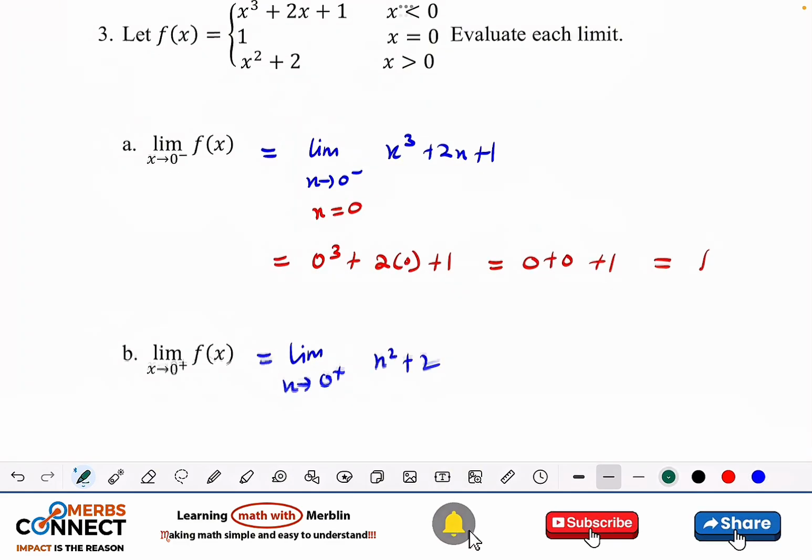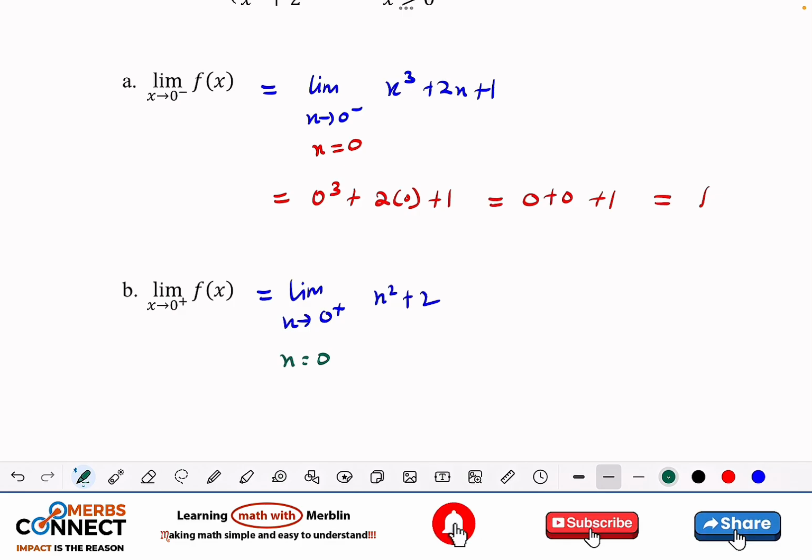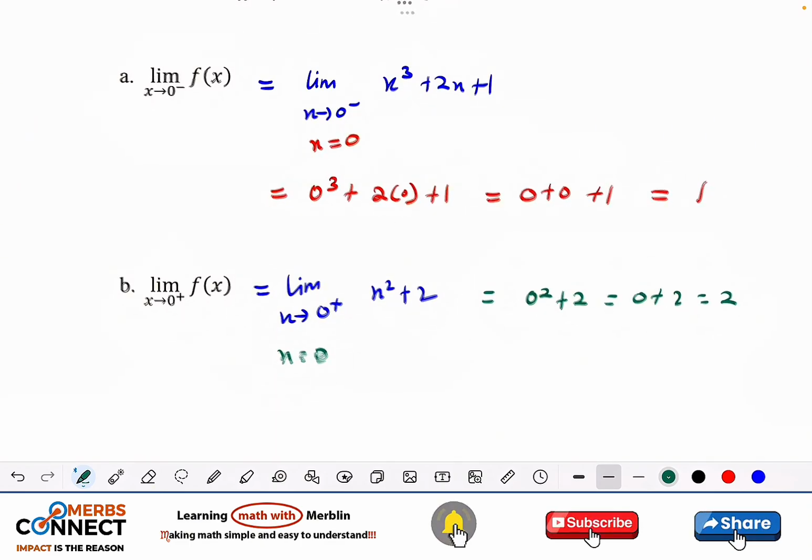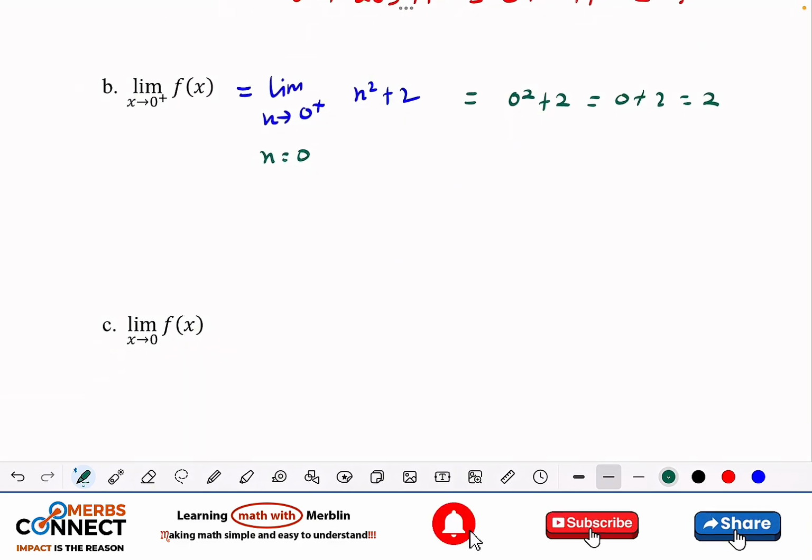So what we just need to do here is set x equal to 0. The same thing here. And this is going to give us 0 squared plus 2, which is 0 plus 2, and this is 2. So what will be the conclusion? They are not the same, right? So indeed, this does not exist